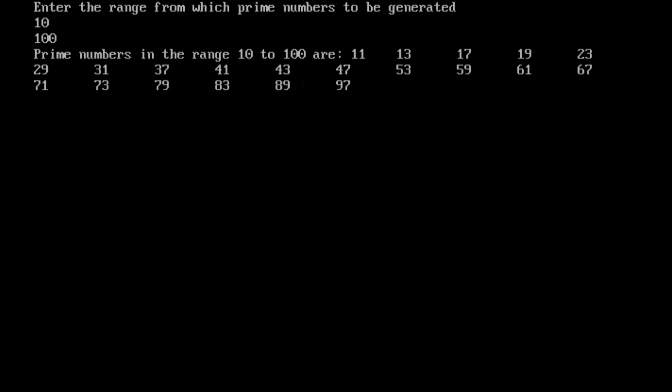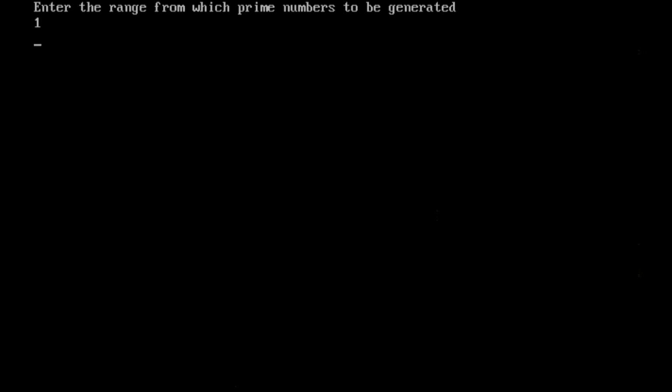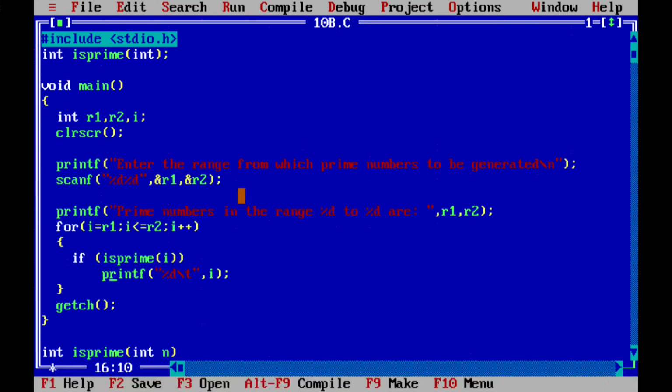So it is printing 11, 13, 17, 19, 23, 29 till 97. Let me run once again, 1 to 10. So 2, 3, 5, 7 are the prime numbers. Given any range, these are the numbers within this range which are prime.